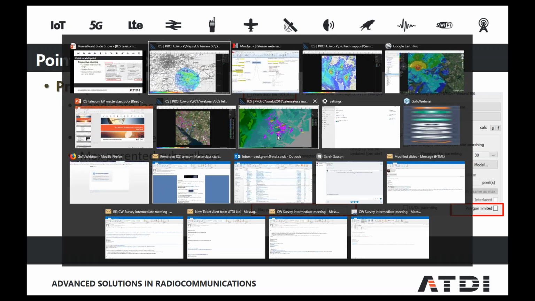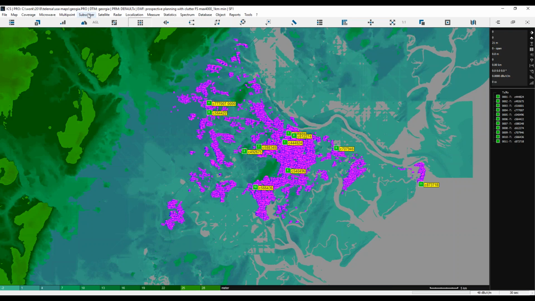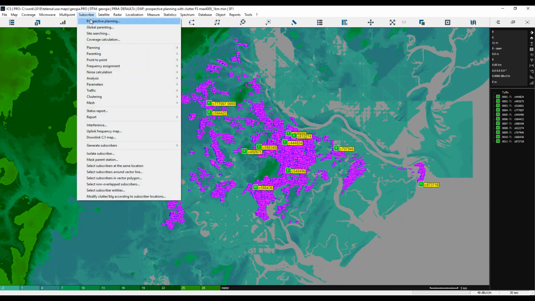Okay, I'll just take you through and show you that now within the tool. So I've got a little project open here. This was actually looking at connecting street light furniture, telecells essentially, to base stations, looking at where I would want to place the base stations to give me the best locations to cover all of these telecells. So under the prospective planning menu,